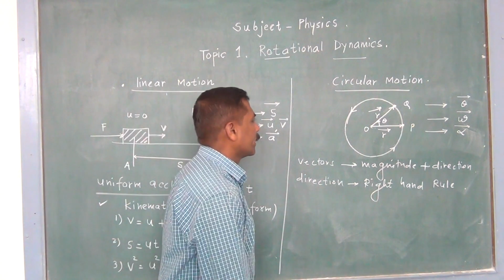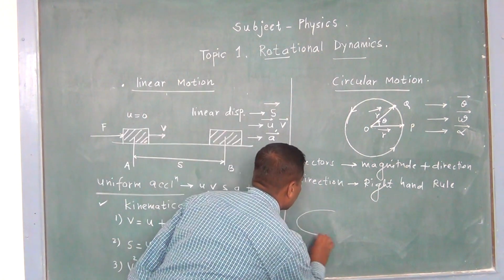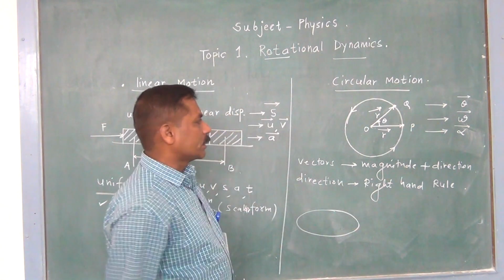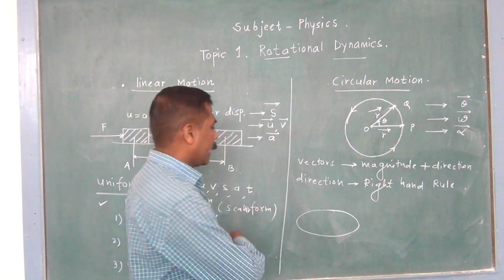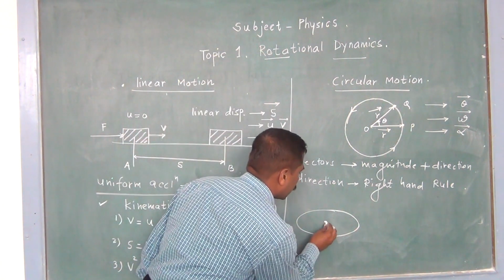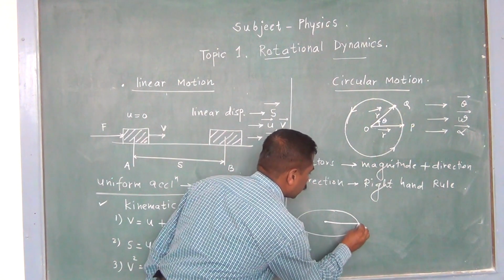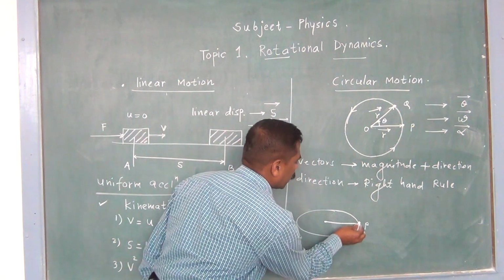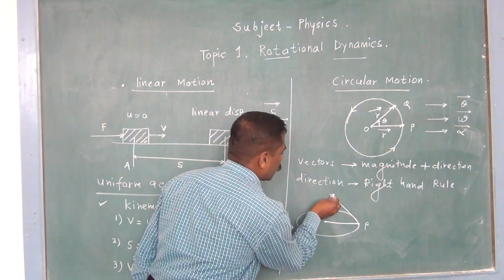So suppose we consider the motion which is drawn in the horizontal plane. Let this be the center, and let this be the position vector of the particle. In this direction you will find